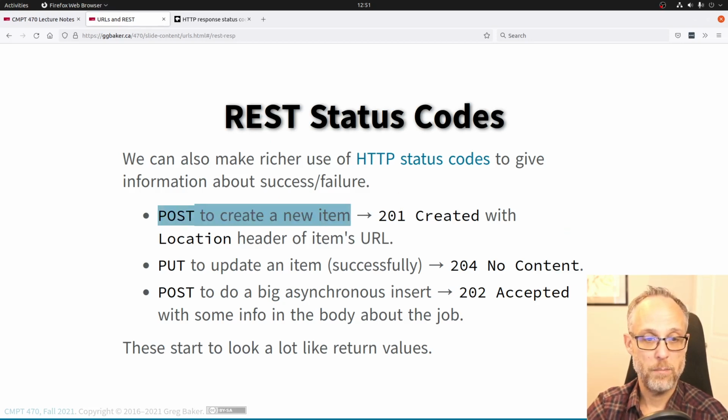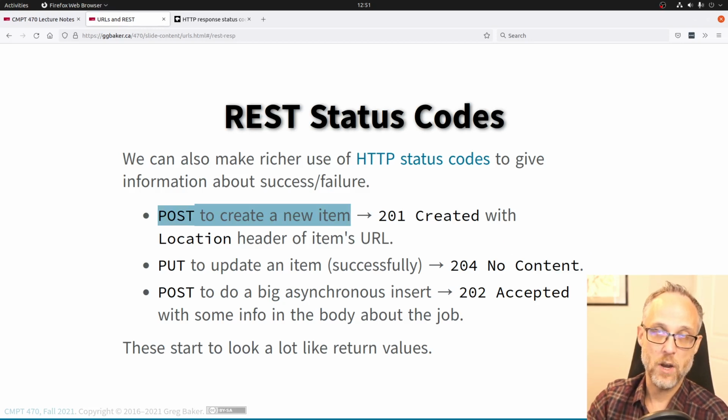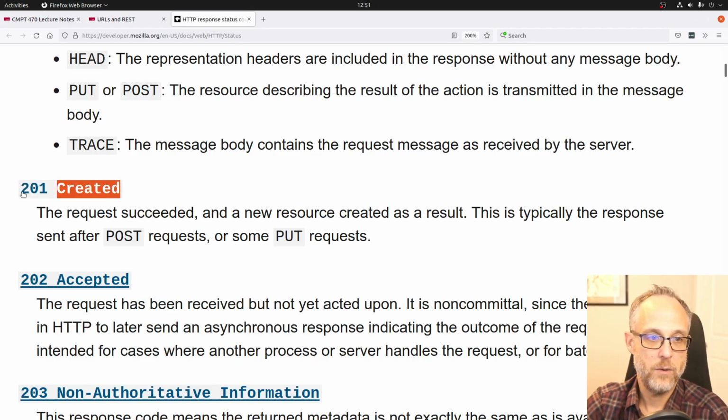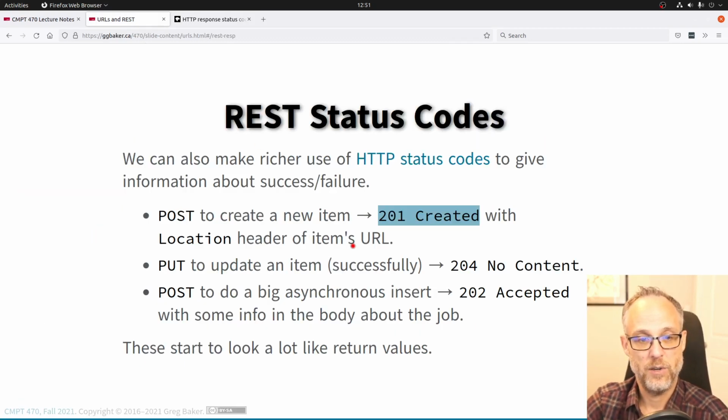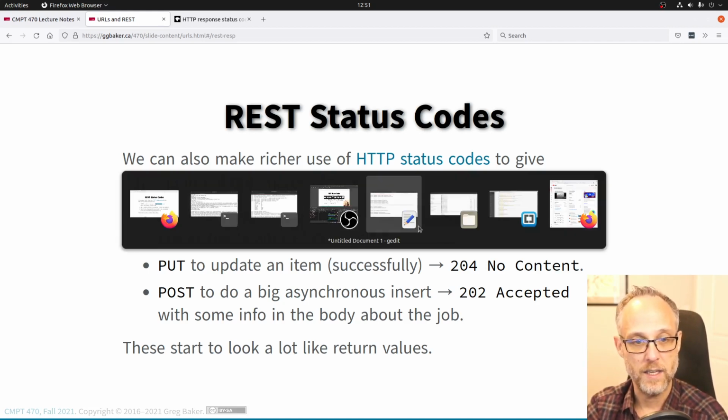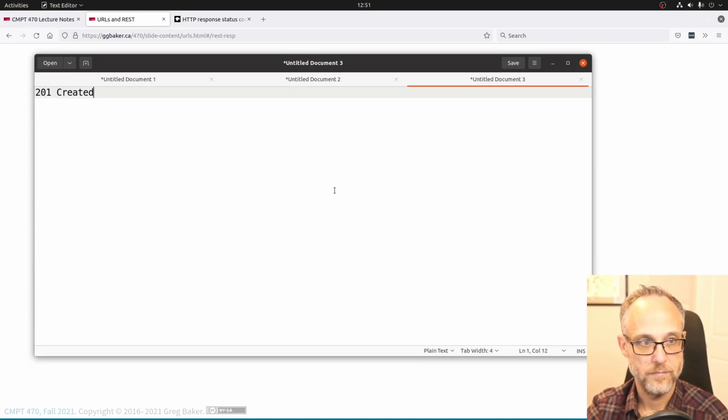So if the request is a post operation to a REST API URL, well, this is now a completely sensible response. That you asked to create something, this is now effectively a return success kind of operation. It's effectively like a return value from a function that is like, okay, you asked to create this, here's the URL that identifies it in the future, right? Create the object and return it. In this context, it's probably a